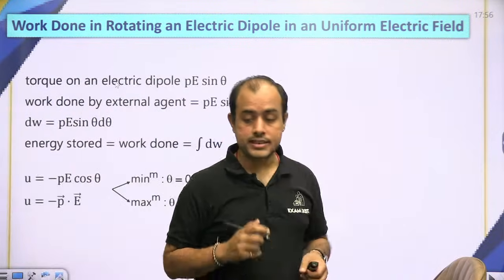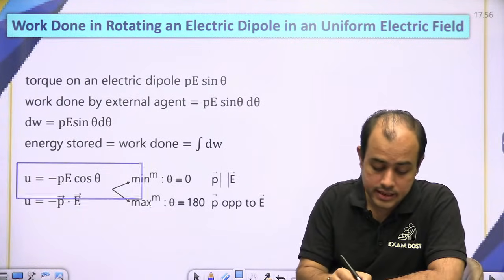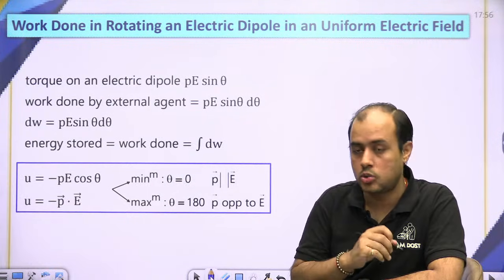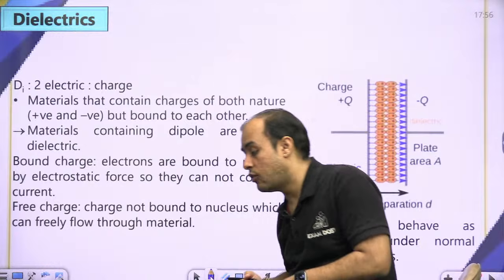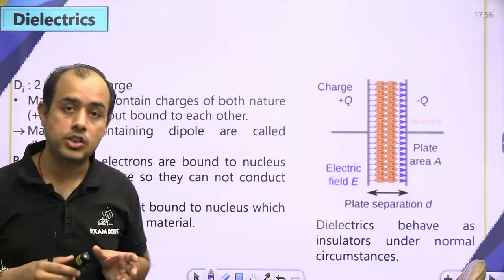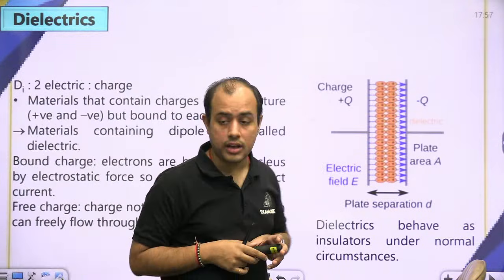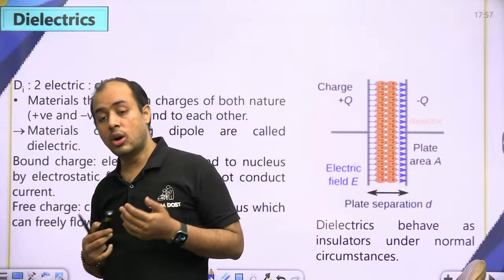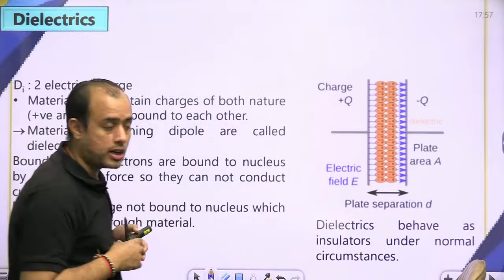तो मिनिमम एनर्जी आती है जब डाइपोल फील्ड के पैरेलल होता है और मैक्सिमम आती है जब डाइपोल फील्ड के अपोजिट होता है। ओके, अब डाइलेक्ट्रिक, व्हाट इज द डाइलेक्ट्रिक बेटा? डाइलेक्ट्रिक इज नथिंग बट अ इंसुलेटिंग मटेरियल, बट व्हाई डू वी कॉल इट डाइलेक्ट्रिक? बिकॉज इट हैज डाइपोल्स। व्हाट इज अ डाइपोल? इक्वल एंड अपोजिट चार्ज सेपरेटेड बाय अ स्मॉल डिस्टेंस।